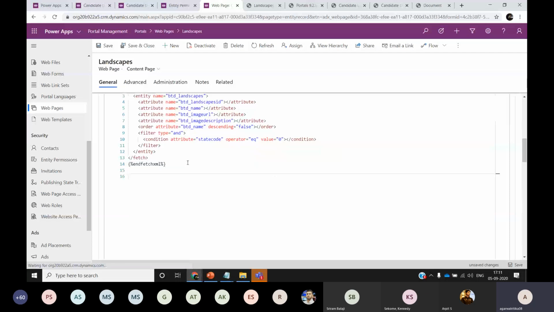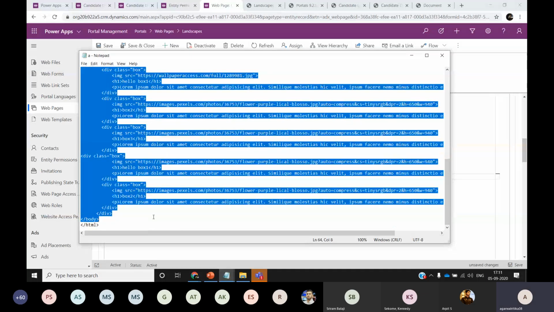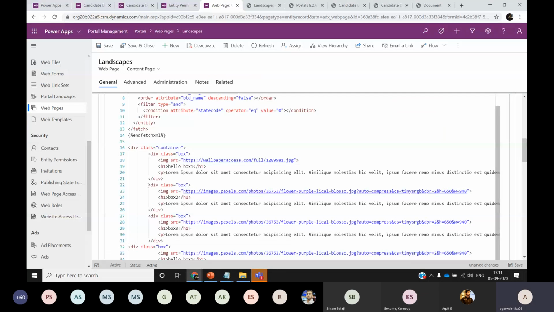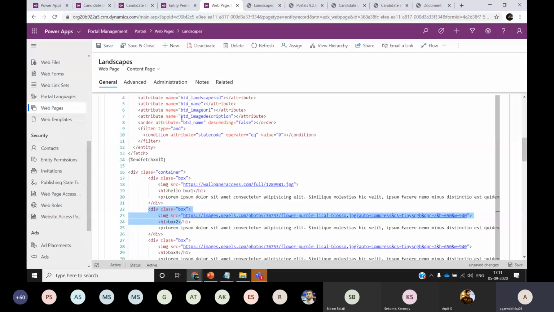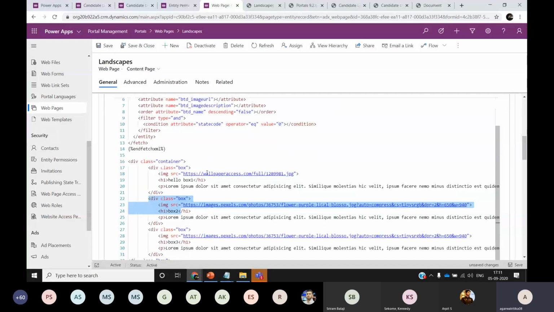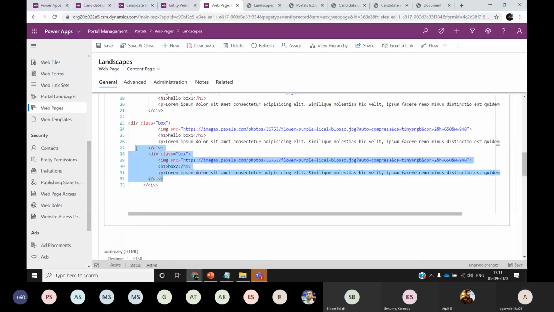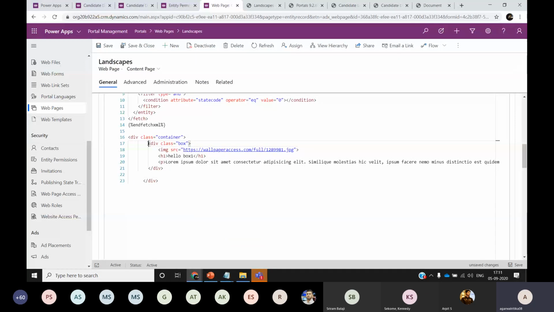Now let me copy the code that exists for this graphic. So I'll copy this whole thing and I'll paste this here, because we are going to iterate over all the records that we fetched in this my query landscape variable. I am going to remove all the other boxes. So I'll format this.